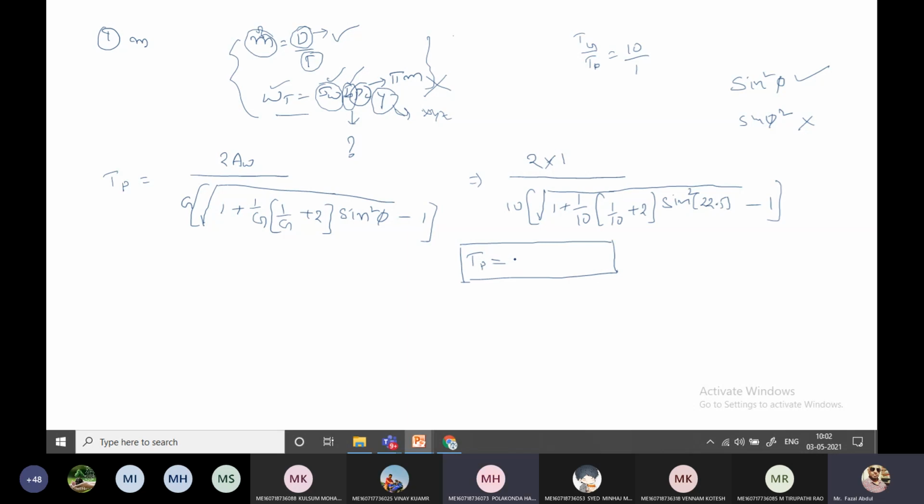Somebody is making noise, Babu. Just mute. If you know the answer, unmute and tell the answer and then mute. How much TP value did you get? Don't take too much time, Babu, because these numericals are large, lengthy problems. If you take this much time, we cannot solve even one question in one class. Do it fast.